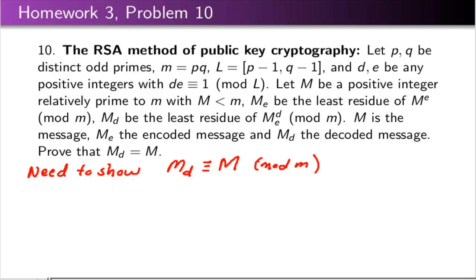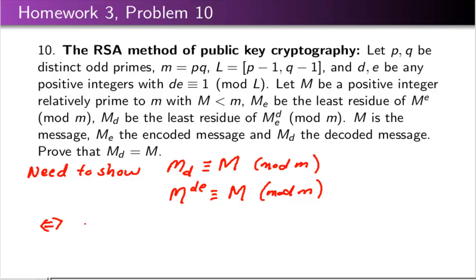So the decoded message is what? It's M^e to the d power. So this is really the original message raised to the dth power. That's very easy to show. And you want to show that's congruent to M mod m. Now m is a product of two distinct primes. So this is equivalent